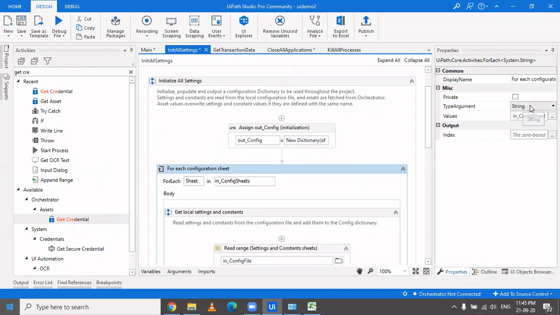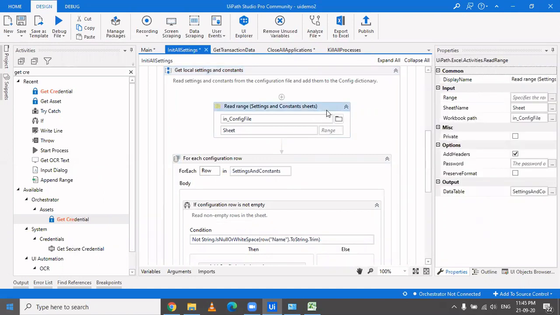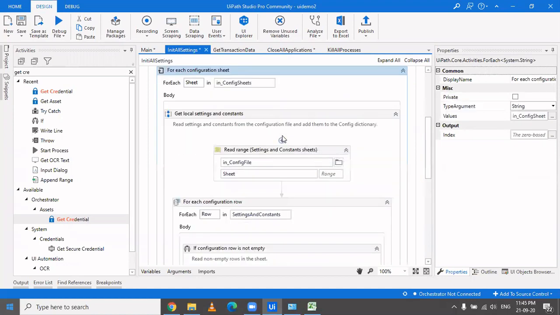The type argument should be string, because we are iterating over an array of strings where each item is a string. Whenever you deal with a For Each loop, you have to see what you are iterating on. If you're iterating on an array of integers, then your type argument would be integer. If you're iterating on an array of strings, then your type argument is string.